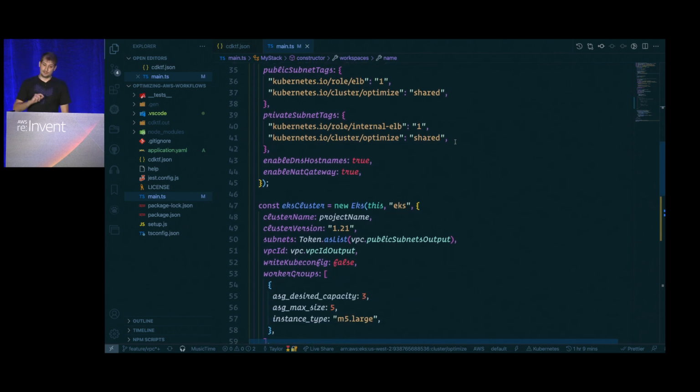I work closely within the Kubernetes ecosystem. I'm in a couple different special interest groups on that front, release and docs. And one of the things that was a fun learning with an asterisk was we have to tag public and private subnets, depending on your Kubernetes version. So Kubernetes, it knows a lot.